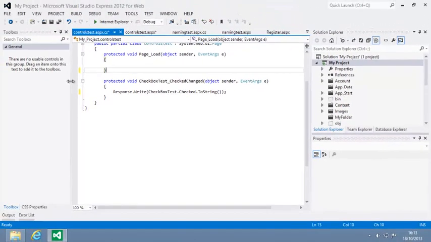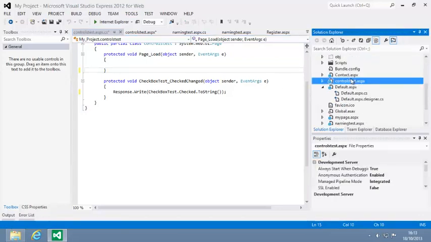Now view controlstest.aspx in your web browser. And uncheck checkbox test. Nothing happens despite the checked changed event handler being in place. This is because the form hasn't been posted back. Close your web browser now